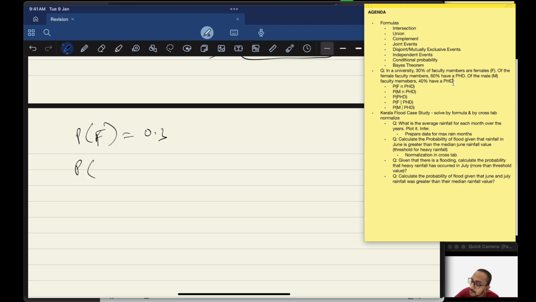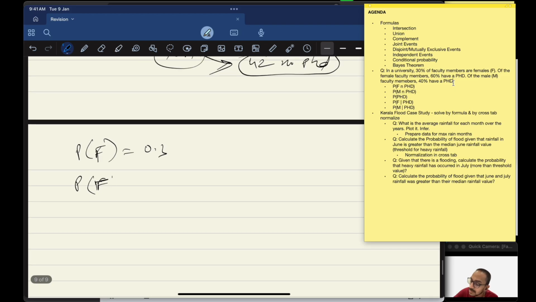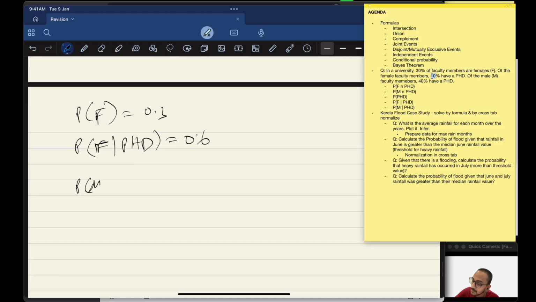P of female given PhD is 0.6, 60%. Then we have P of M would automatically be 0.7,